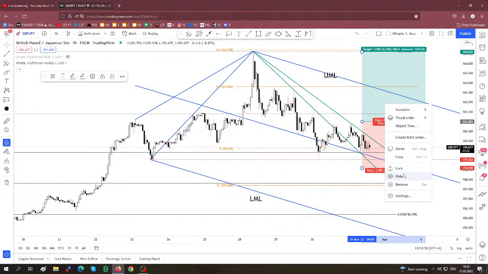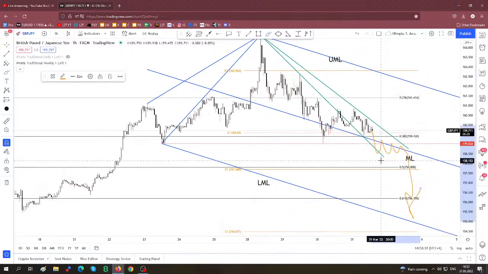but also for something like this I'll wait for the pair to print something like this, a valid breakdown below 159.03, below the medium line, to activate a downside movement. So right now I don't have something really good here on the British pound versus the Japanese yen. So let's go back to the yen basket,